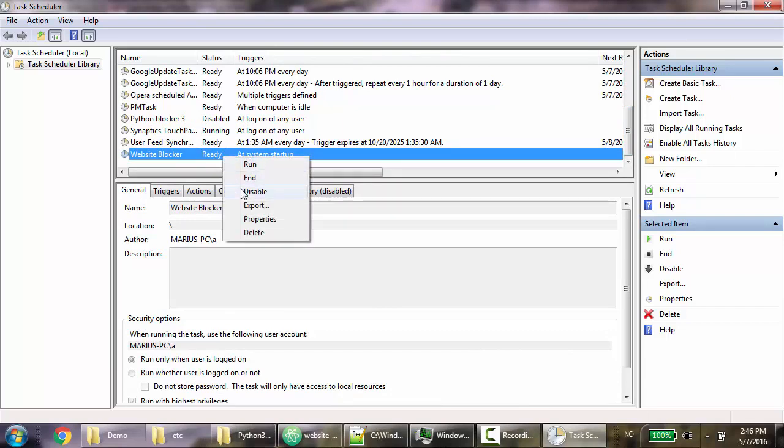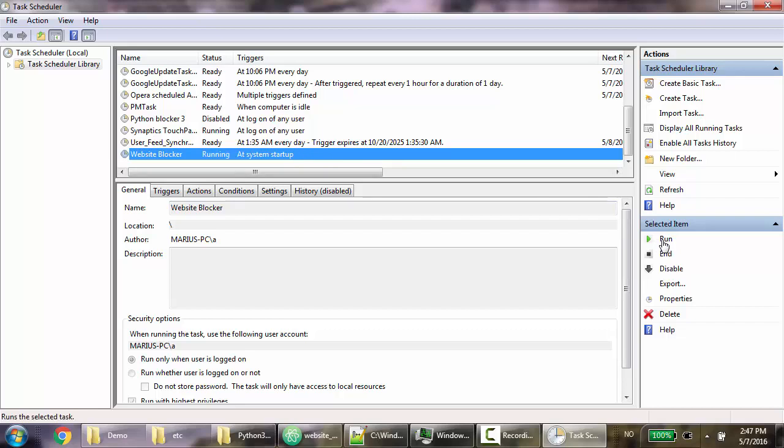So you may also want to disable it, but that's for another case. And yeah, now when you start your computer, the program should be running, and your Python loop will run every 5 seconds, and the Python program will check the host file and so on. So you may want to test to restart your program now, or you can go here and test it by